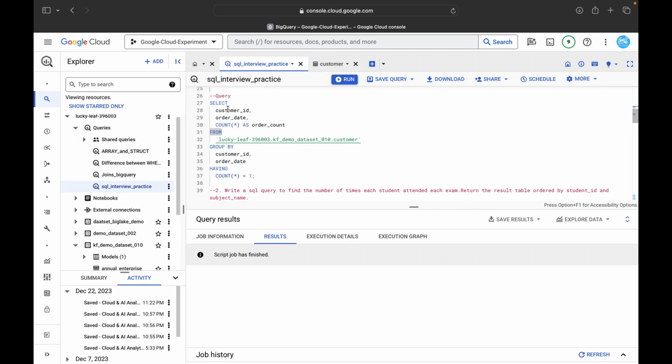So select customer ID, order date, and aggregate function. Count is what we'll be using here. So there are different aggregate functions like sum, average, min, max, and count as well. So we are using this count, and from the table, customer, group by customer ID, order date, and we are